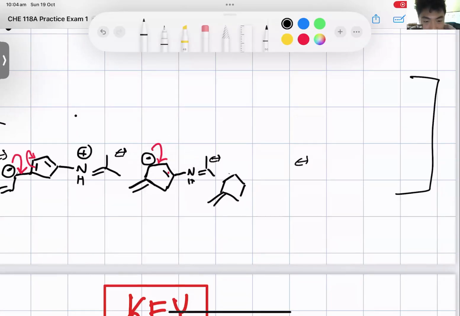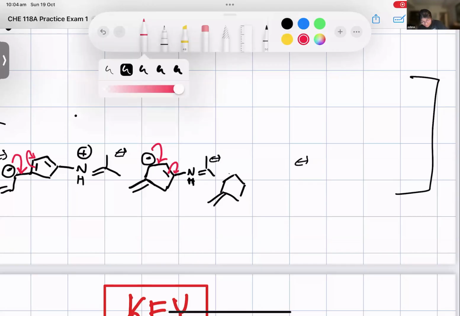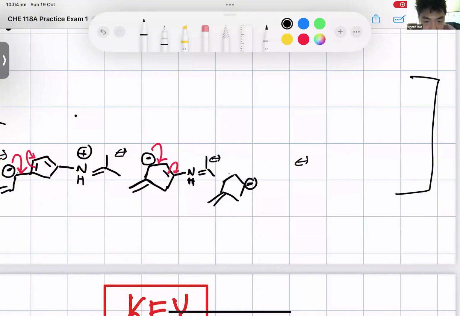There you go. Now you can move that double bond onto that carbon right there, next to the nitrogen. So it will still be on the ring like that. Yes. So then that one has a negative charge. Yep. And then this bond goes there. Now there's one more resonance structure from that point.